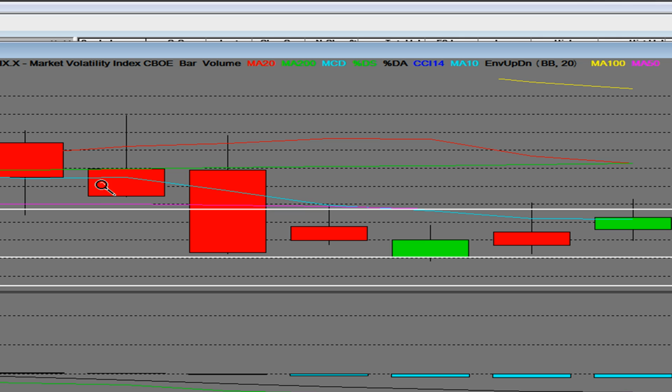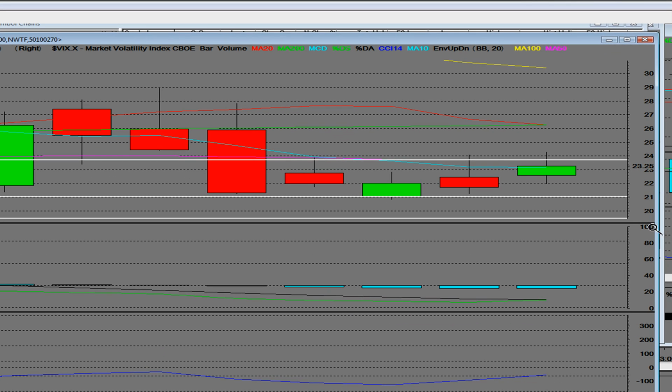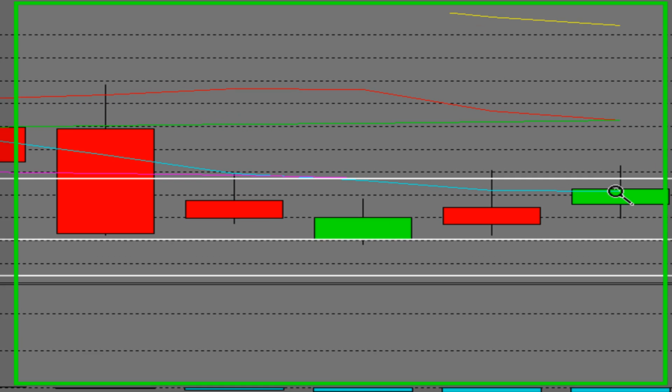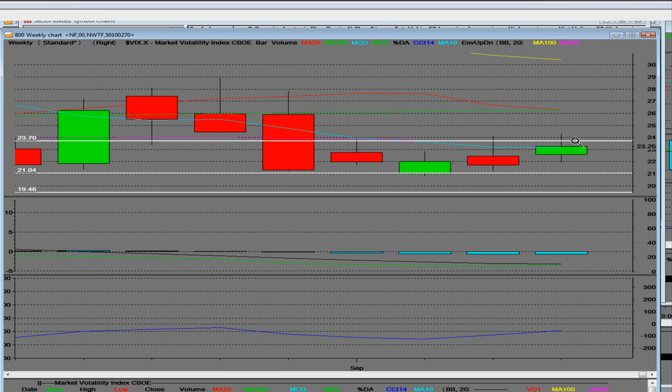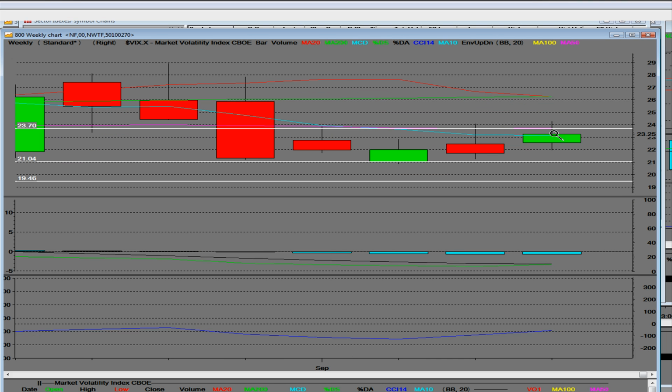That means 1 week, 2 weeks, 3 weeks, 4 weeks, 5 weeks, this VIX has been in a bear trend. However, to qualify for the SMF bull trend, you got to close 4 weeks above it. Well, what's ironic is that 10-week is flattening out. And if we get a weekly close above it and this rallies, that means it's time to start buying these